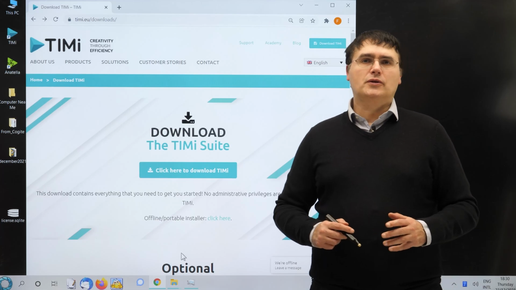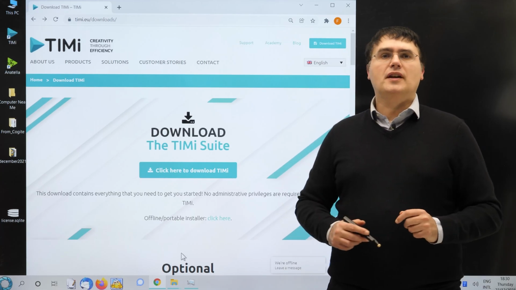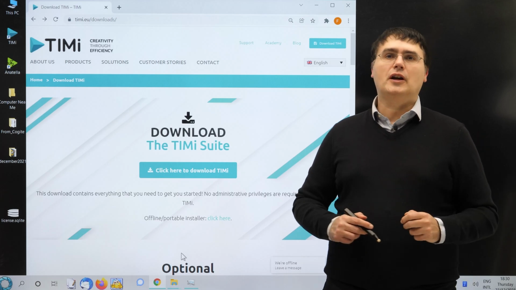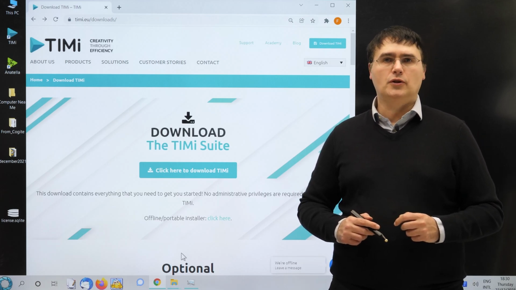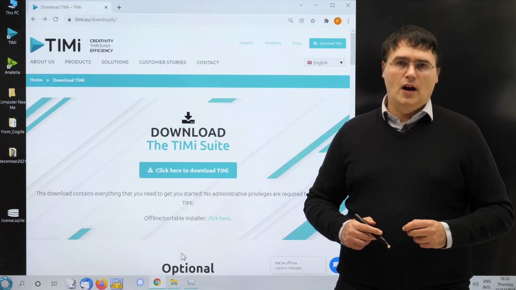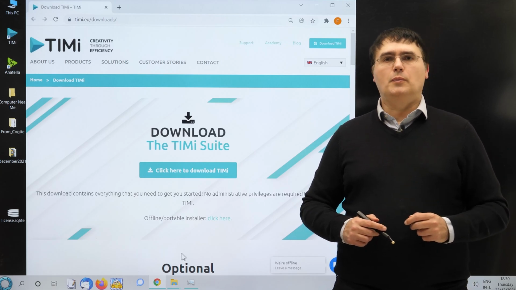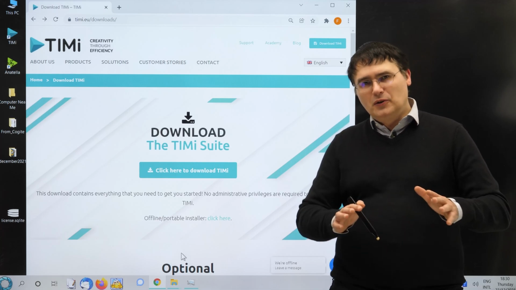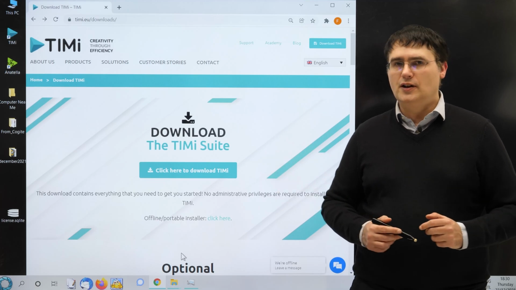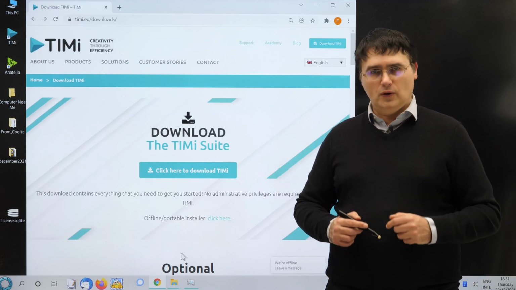Finally, if your machine is not connected to the internet at all, you can still install the portable version of Timi and Anatella, and it still does not require any special user privileges on your machine. So this installation almost always works. Let's now see how to install the portable version of Timi. A quick note here: there is no difference between the portable installation and the other installation. The functionalities are all the same.